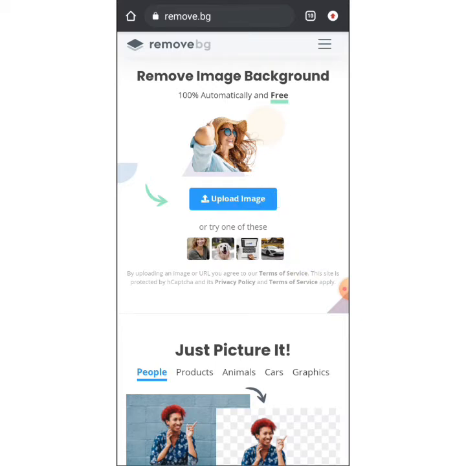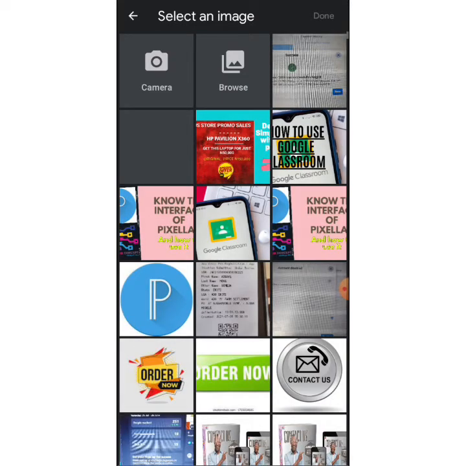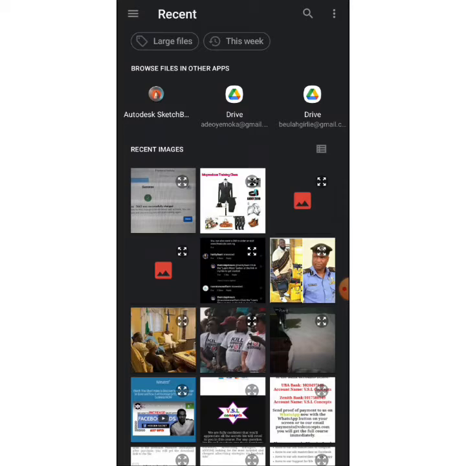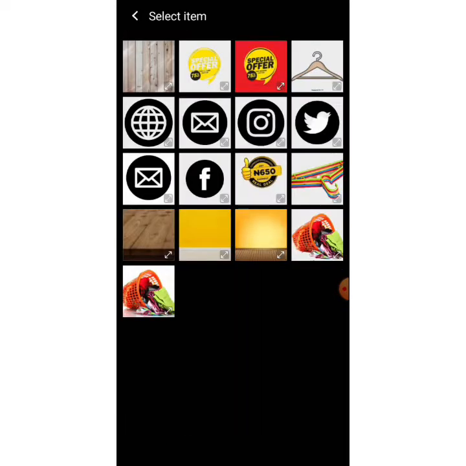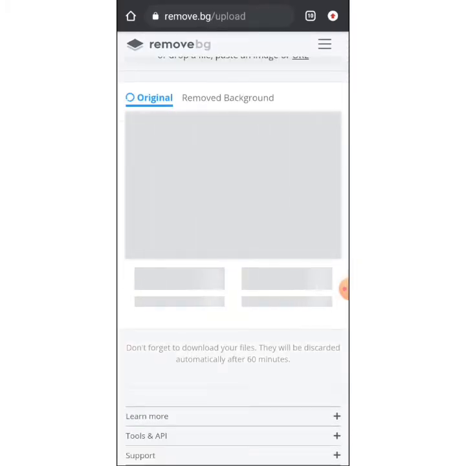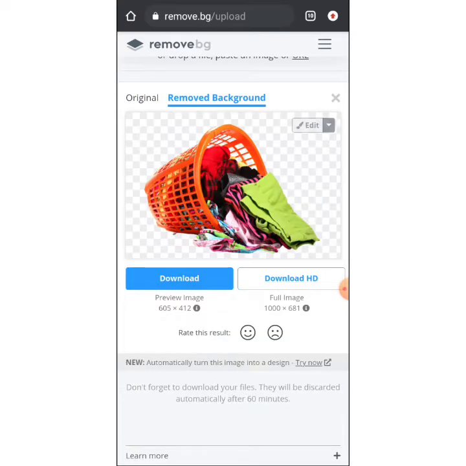Just click on upload. When you click on upload, then go to that image that you want to remove the background from. We have the image here that we want to remove the background from. Guys, I hope you are following me. Click here, go to that image. If I'm too fast for you, just rewind this video, go back again, play it again, listen to it again, watch it again,